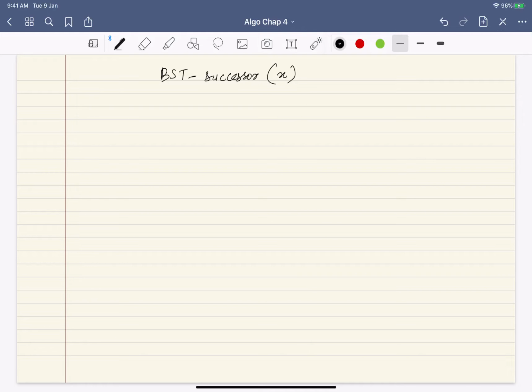So what is the first criteria? If it has a right subtree. If right of X is not null, it's a very easy case. You return find min of right of X, and that is your answer. If there is a right subtree, find the minimum of the right subtree.